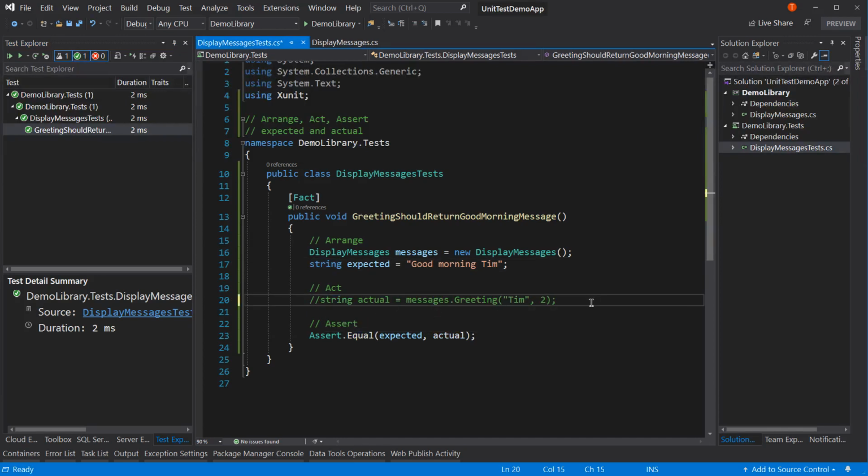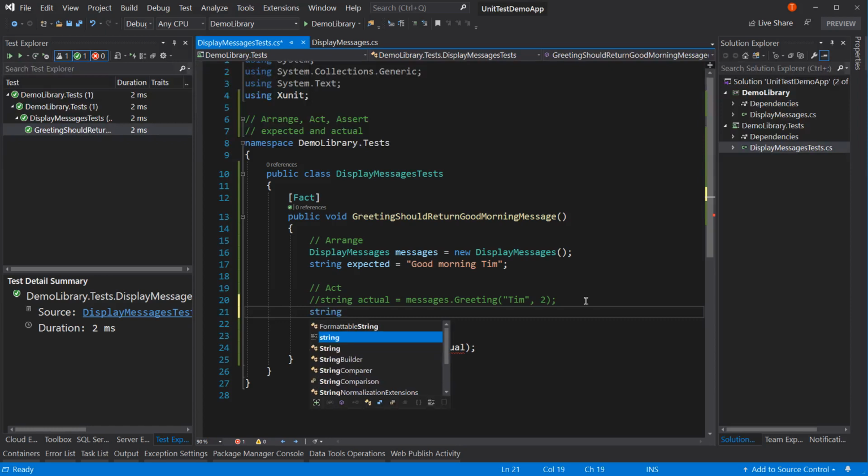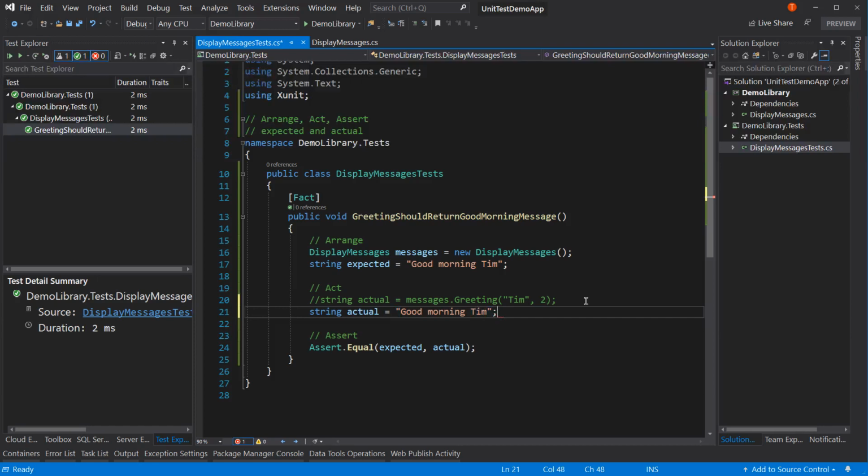So we're not actually going to run our code, but instead I'm going to say string actual equals good morning, Tim. Do you see the problem here? I'm not actually calling the greeting. But if I were to run this code, and it just is running now, it turned green. The test passed, because expected and actual are the exact same thing. But that doesn't mean we actually tested our code. And so test-driven development says you might write a bad test. I mean, it's just code, and we make mistakes all the time. So you might make a mistake in your unit test where my